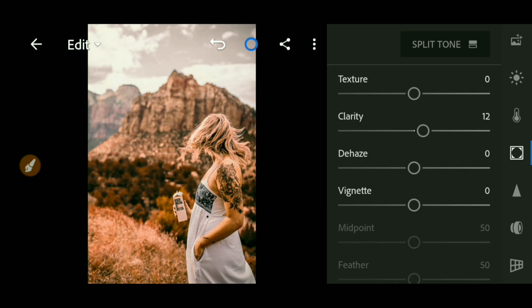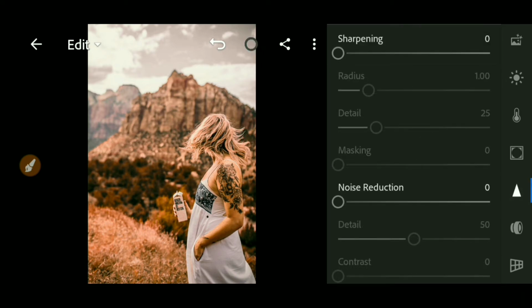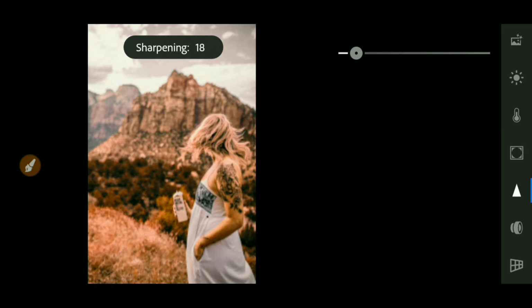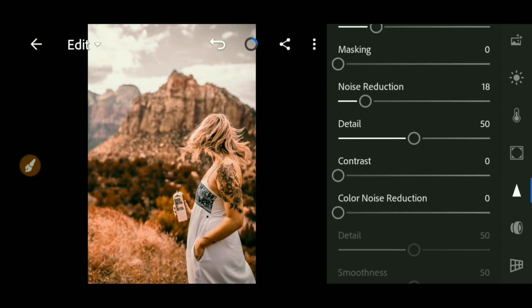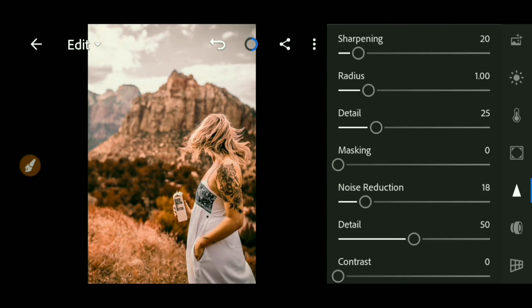Then go to the detail option, take the sharpening to 20. Okay, then go to noise reduction and take it to 18. Then go to the color noise reduction and take it to 20. Okay, now